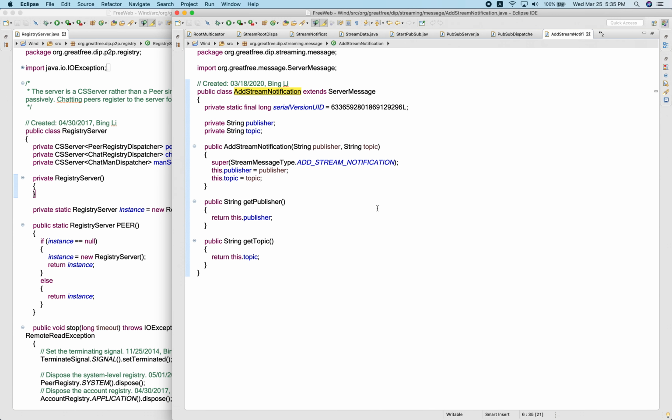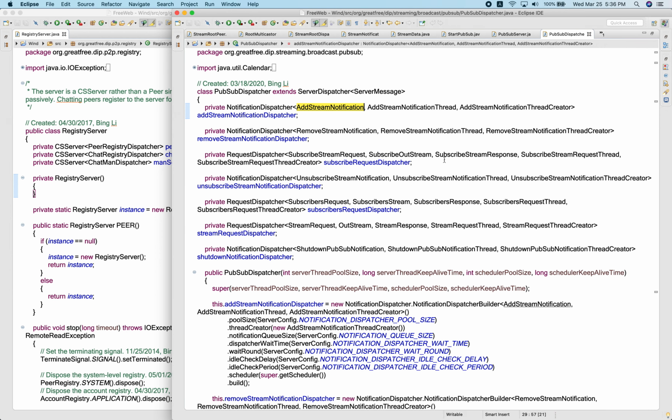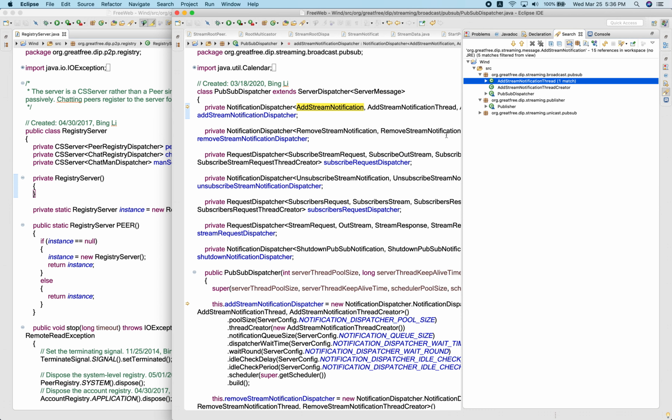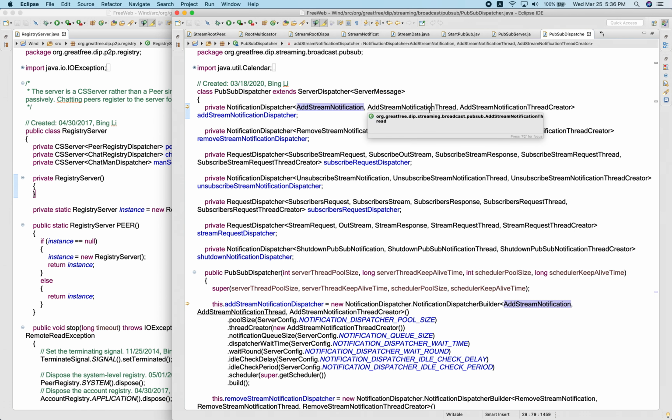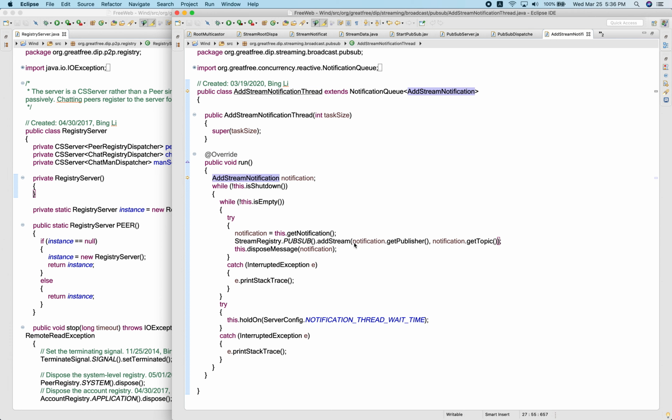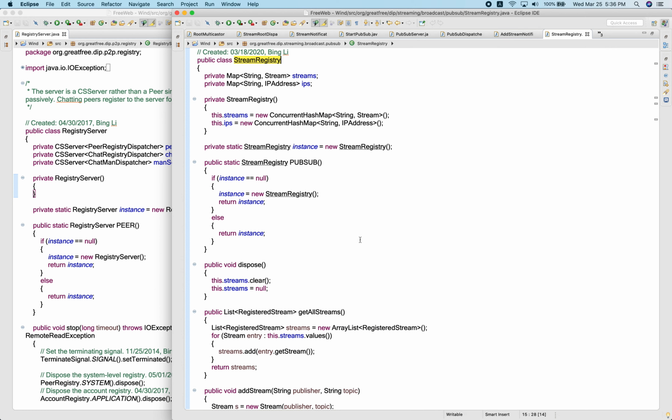the stream is represented. One type of stream is represented by a publisher and the topic. So if a new stream is available, the publisher needs to send such information to the pub sub server. Okay, so you can see the publisher sends such information, right? Okay, after this notification is received, the stream is added to this registry,